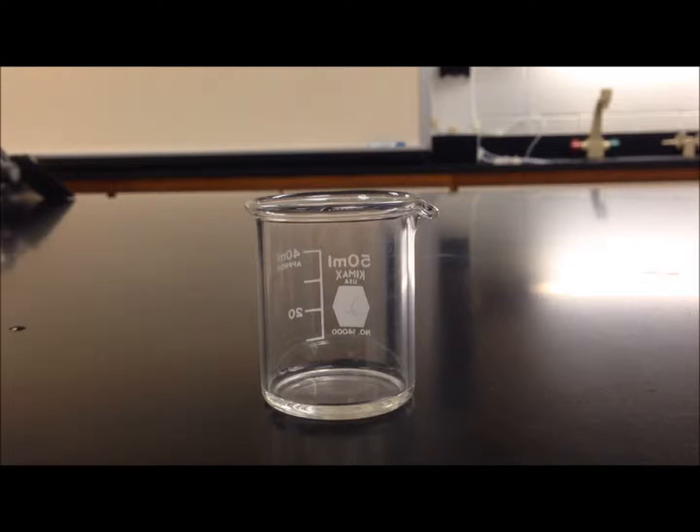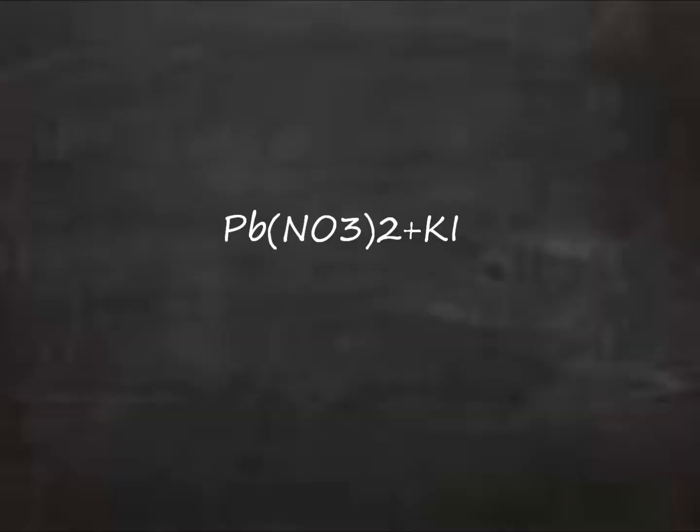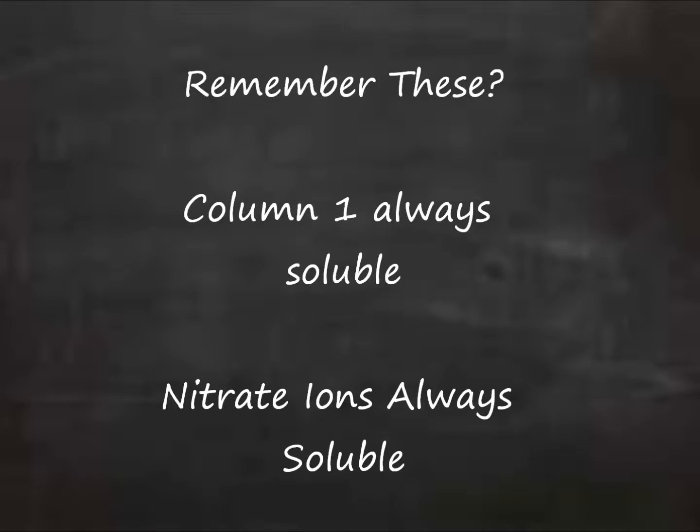Let's rewind a little bit. We started out with lead nitrate and potassium iodide, which we showed were both soluble. When a double replacement reaction occurs, they switch places and they switch partners, so to speak. And so we end up with lead iodide and potassium nitrate. Now we know that column 1 and column 2 are always soluble and nitrate's always soluble, so our potassium nitrate is double soluble, which really isn't a thing. All we need to know is that it's definitely not the solid, which means that our solid must be lead